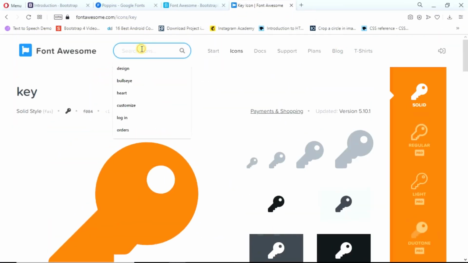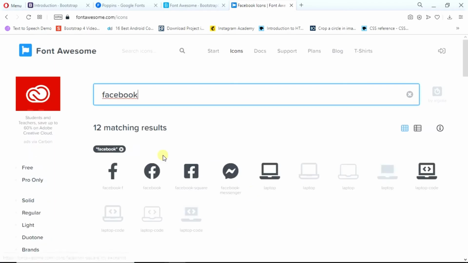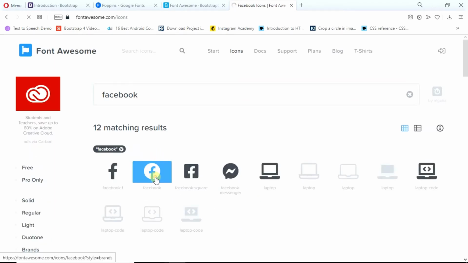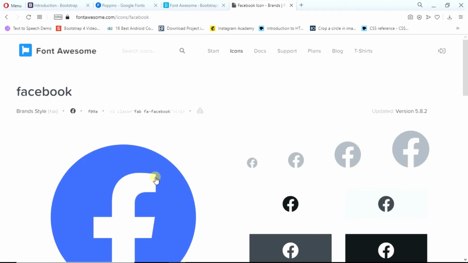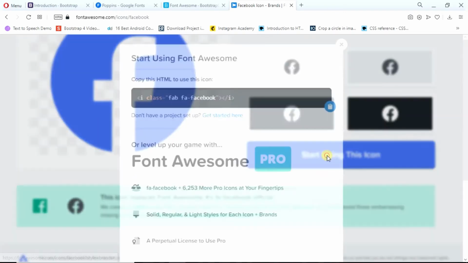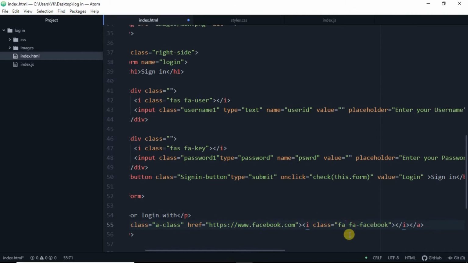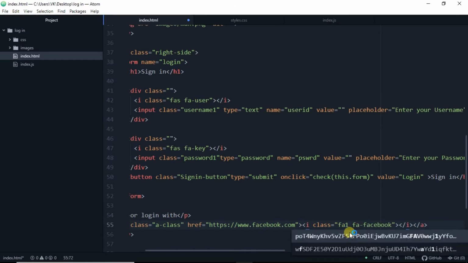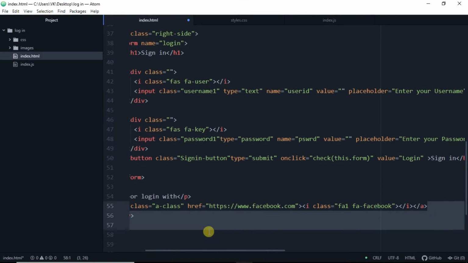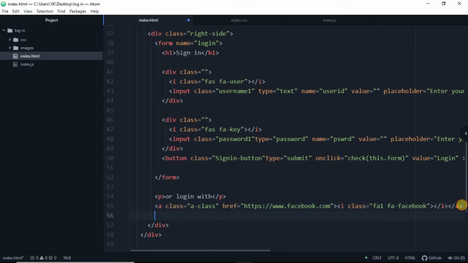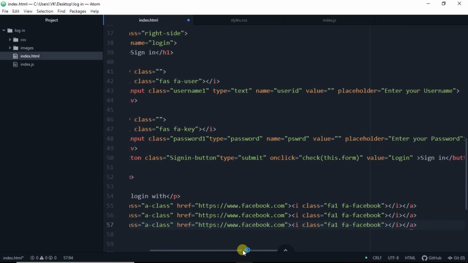Inside that we will again go to Opera and search for Facebook. We'll click on the second one and again click on start using this icon. We'll copy it and paste it here. We'll make it FA1, and we'll copy it down and paste it below two times.